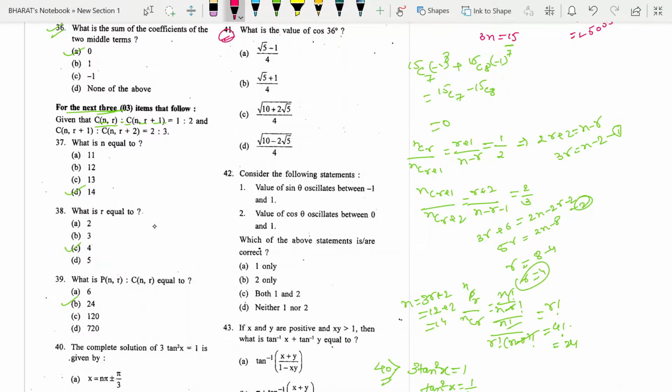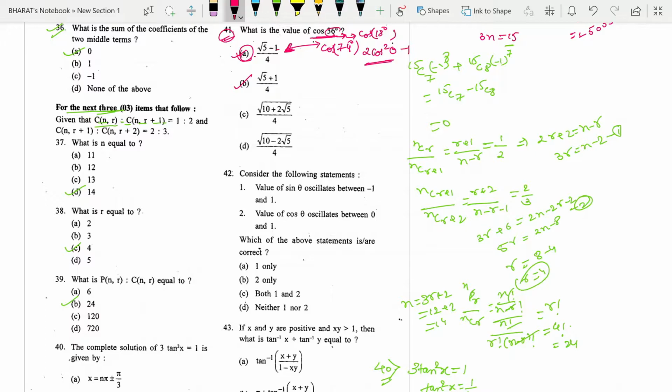What it says is, what is the value of cos 36 degree? This is a very easy question. This is very common, and most of you have learned about it. The value of cos 36 degree is (root 5 plus 1) by 4. Similarly, if it is asked for cos 74 degree, then what will be the value of cos 74 degree? That will be equal to this. These are quite common values, so we must learn them. And we can find the value of cos 18 degree from this also by using the formula 2 cos square theta minus 1.